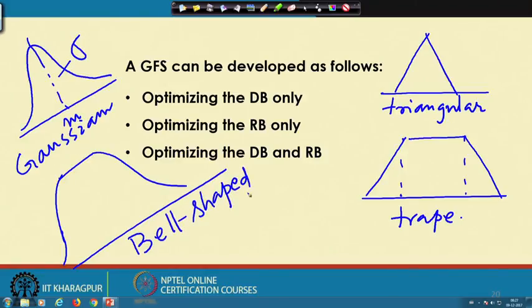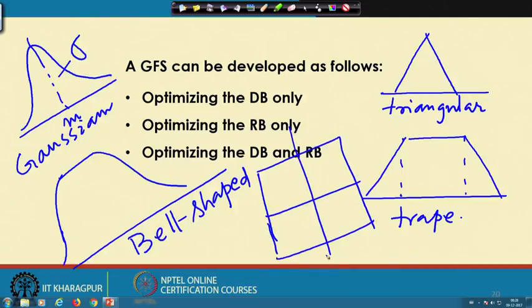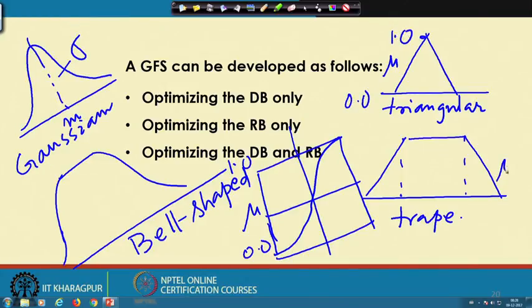and sometimes we use some sort of sigmoidal membership function distribution, and it is looking like this. So, the sigmoidal membership function distribution, so this type of distribution. So, mu equals to 0.0 and this is 1.0. So, everywhere here actually mu equals to 0.0, this corresponds to 1.0. Similarly, this corresponds to 0.0 and this is 1.0. Similarly, here it is 0.0 and mu equals to 1.0, 0.0 and here it is 1.0. So, this is the way actually we can design the different types of membership function distribution, and we just take